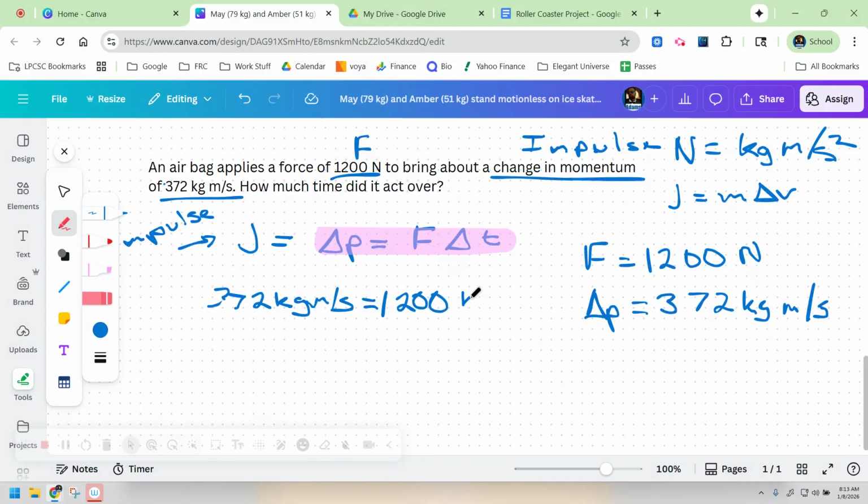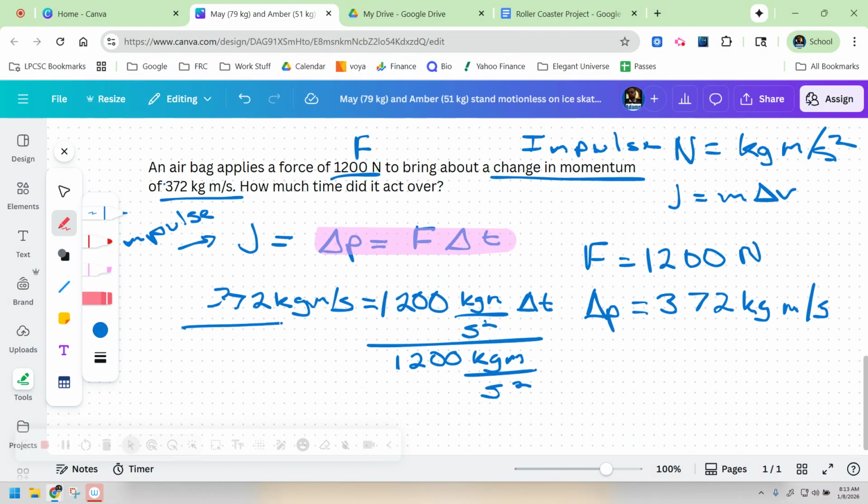So this will be kilograms meters per second squared times delta t. So when I divide this by 1,200 kilogram meters per second squared,